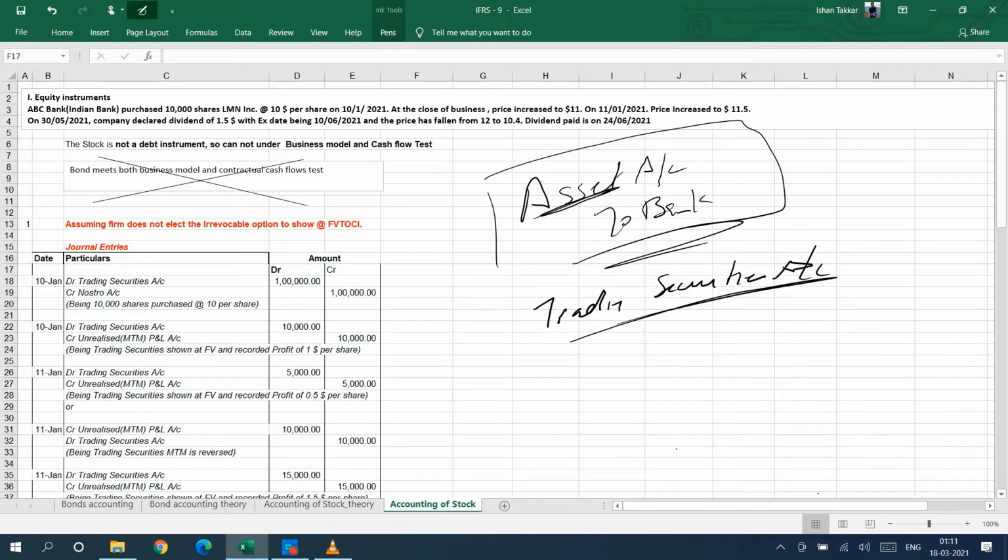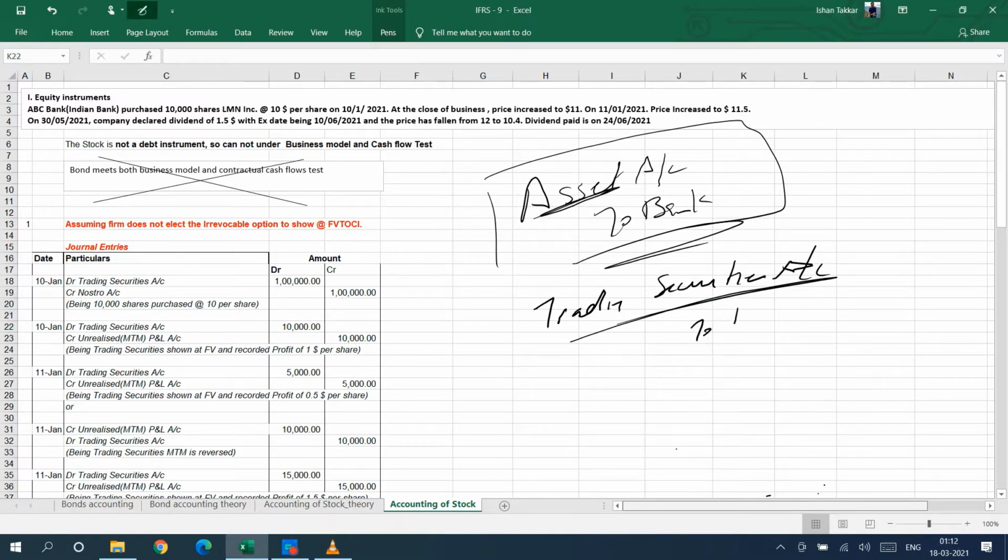They keep increasing that asset and crediting. If they're making the payment in the same currency, they can credit cash or bank, but they usually deal in other currencies, not their local currency. So they credit the